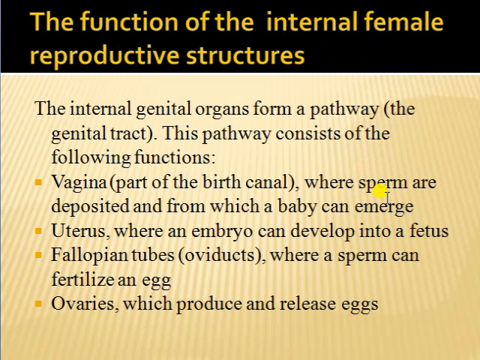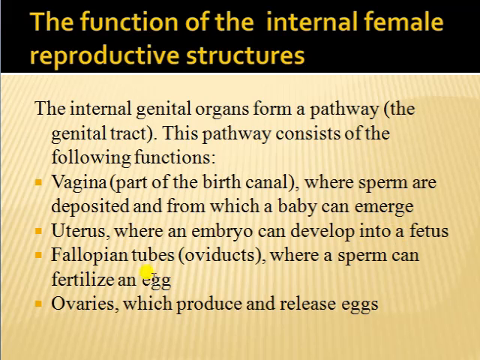So the vagina is where sperm are deposited and from which a baby can emerge. The vagina is elastic and cylindrical in nature, and it is made of smooth muscle. Next, the uterus. After the cervix it will be present, and then the uterus, where an embryo can develop